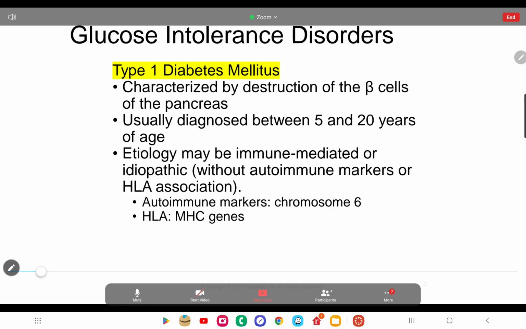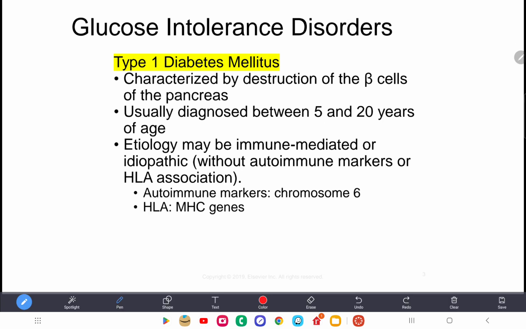Diabetes type 1, remember, is an autoimmune disease. It is diagnosed early in life because those patients are born basically without any beta cell. Okay, remember we have the beta, alpha, and delta cell. Beta cells produce insulin, alpha glucagon, and delta somatostatin. So in this case, the patient doesn't have any beta cell, doesn't produce any insulin, and develops diabetes. The age is around 10 years old. Okay,